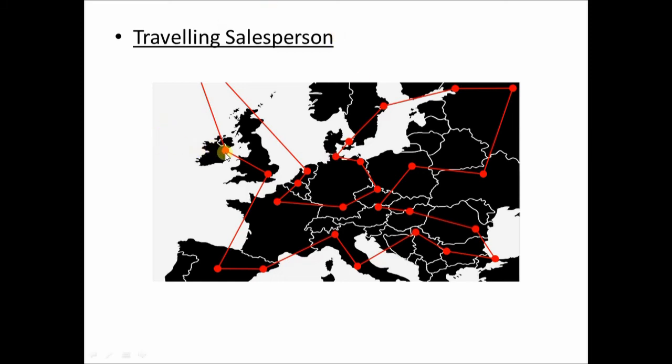So again, if the salesman is moving from one city to another, and then to another, and at any point of time he does not get any path from here, he should not be able to revisit a city which is already visited. That also you should keep in mind. So this is the traveling salesperson problem. This is another problem in AI whose problem formulation you can do, right?